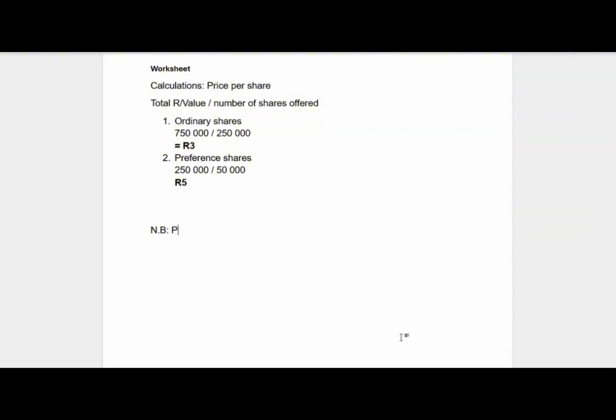Please note that preference dividends is declared and paid based on the total rand value of shares issued. So that means before we pay dividends, we have a responsibility to calculate the total rand value for